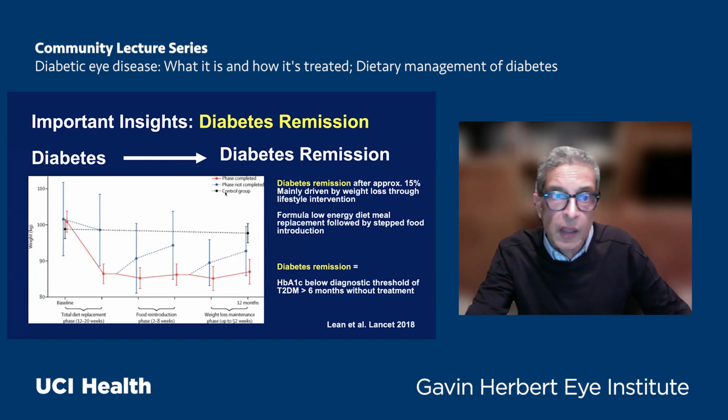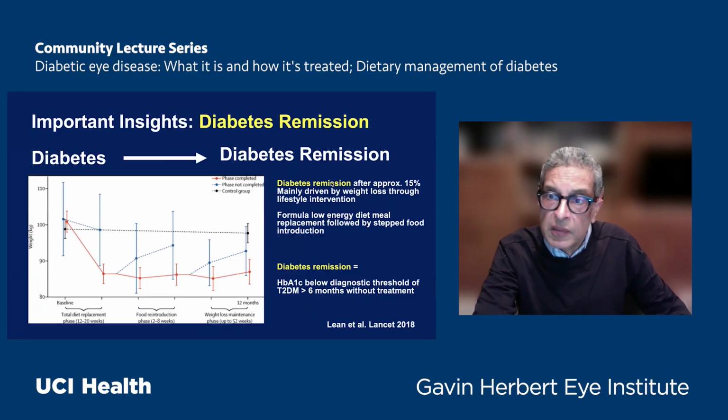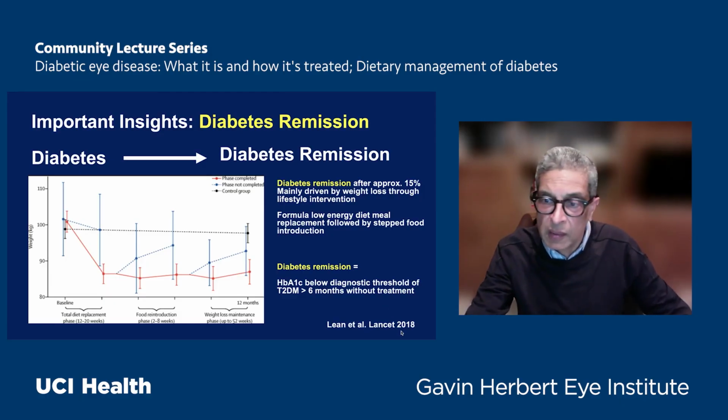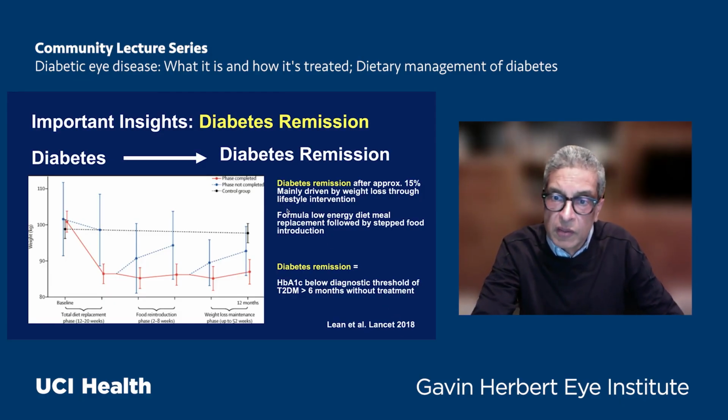And this is the last point that I'm going to make today, and that is that there's something called diabetes remission. And you can move from diabetes to diabetes remission. And this happens after approximately 15% weight loss through lifestyle intervention. And so this is a trial that was done in England. The individuals got a formula low energy diet, and then afterwards they